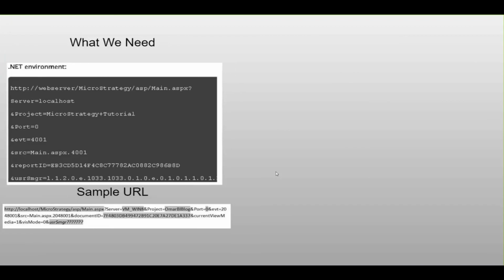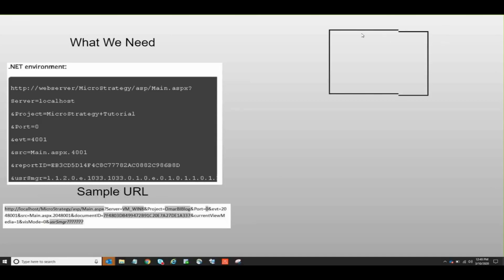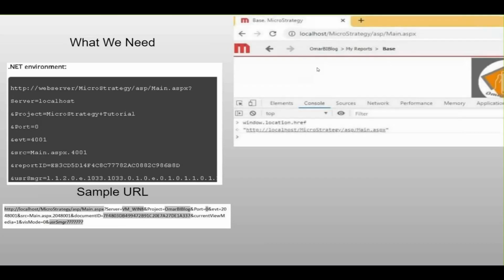Okay, so what we need are all the variables that are listed on the left-hand side in that black box. At the bottom, I have that sample URL that I put together with the parameters that are required to create this session sharing key. And there's a very easy way to pull this all together. So I'll show that in